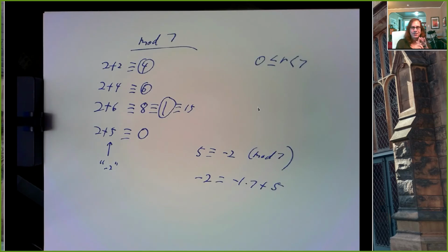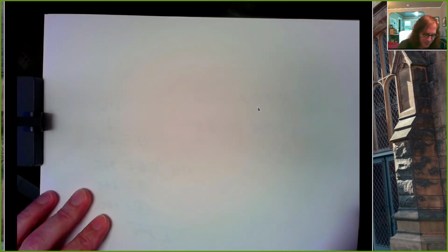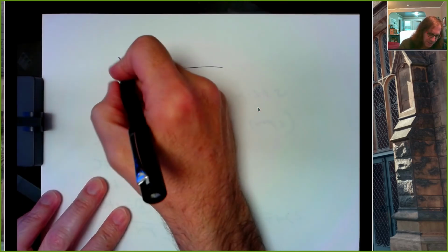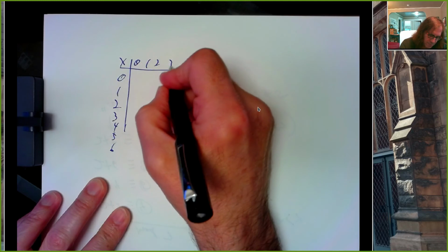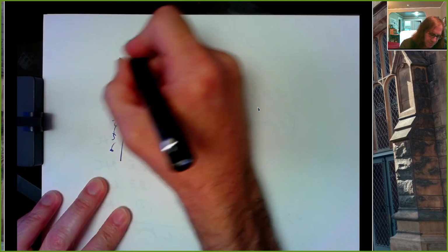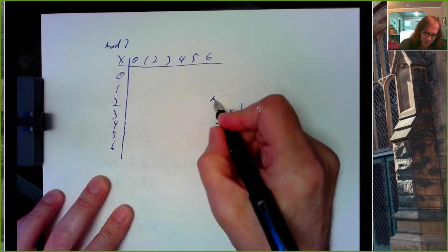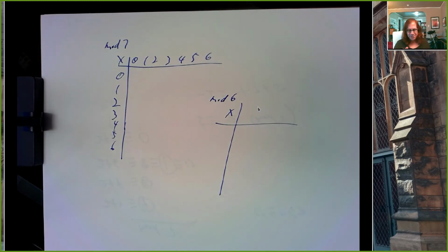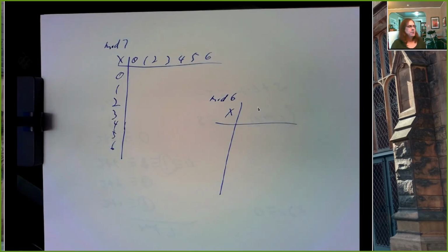So we can definitely add, we can subtract, we can multiply. Division will be a different matter. But here's a fun exercise, since I haven't posted homework yet, but I will. Try to make a multiplication table modulo 7. And then try to make a multiplication table modulo 6. It's good practice at finding modular equivalences, but it's enlightening. And we'll do this in class on Wednesday, and we'll compare these, and this will lead us to a discussion about